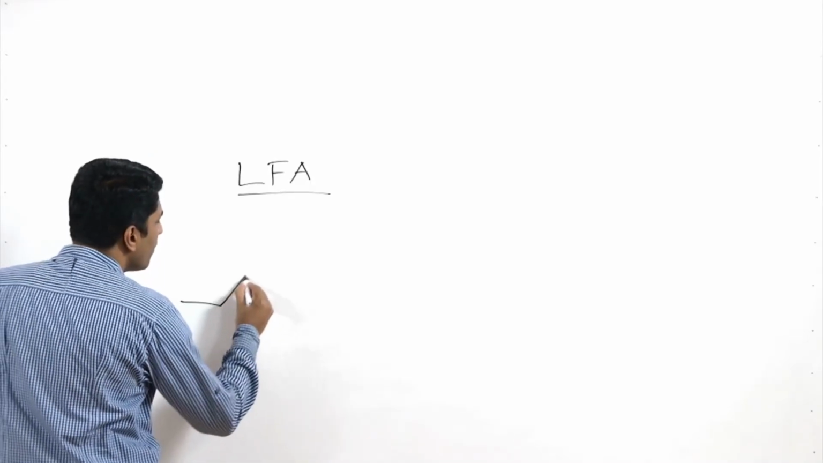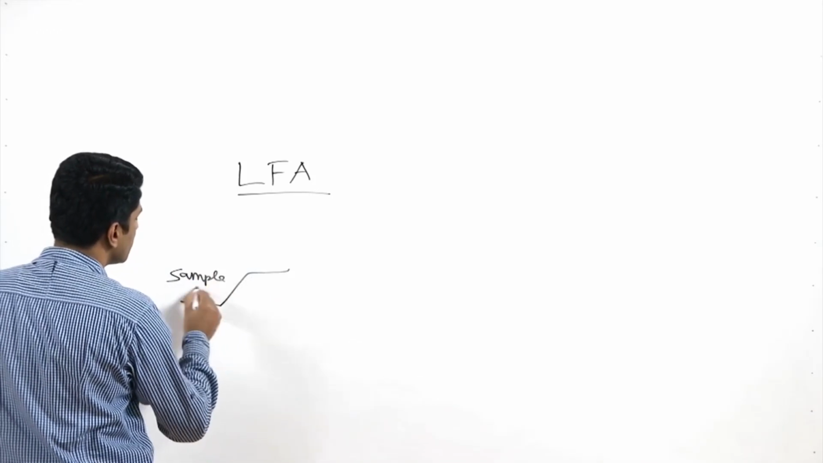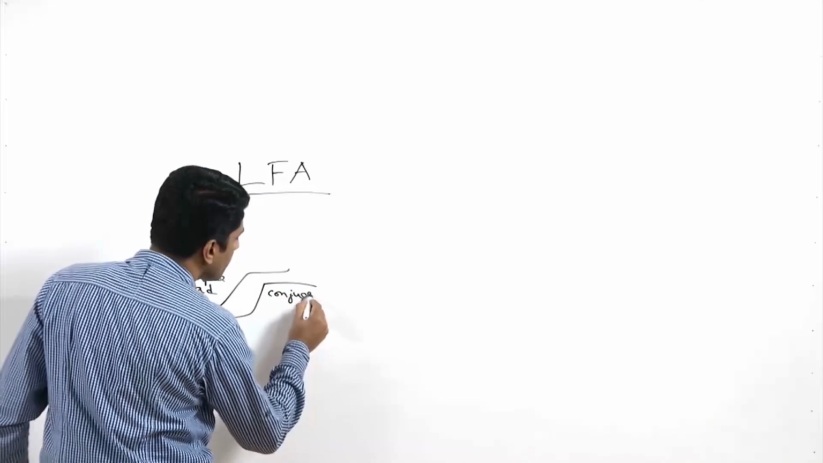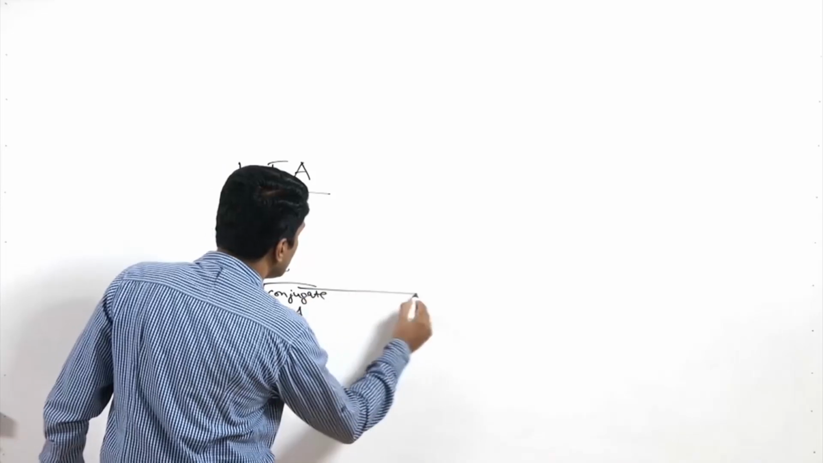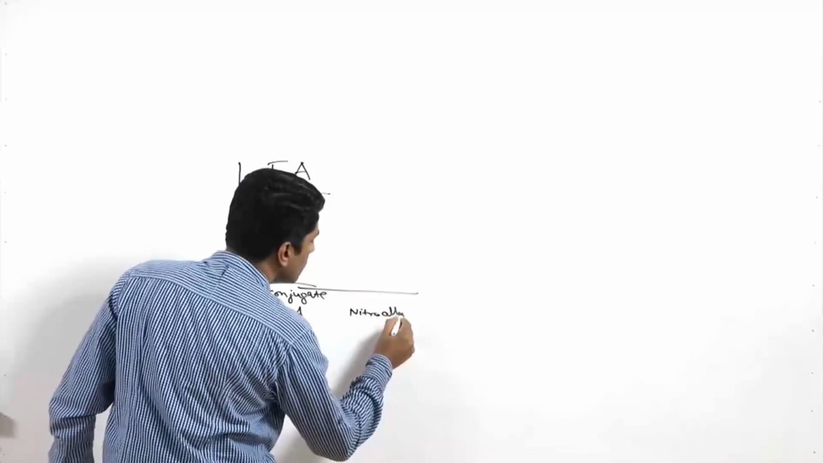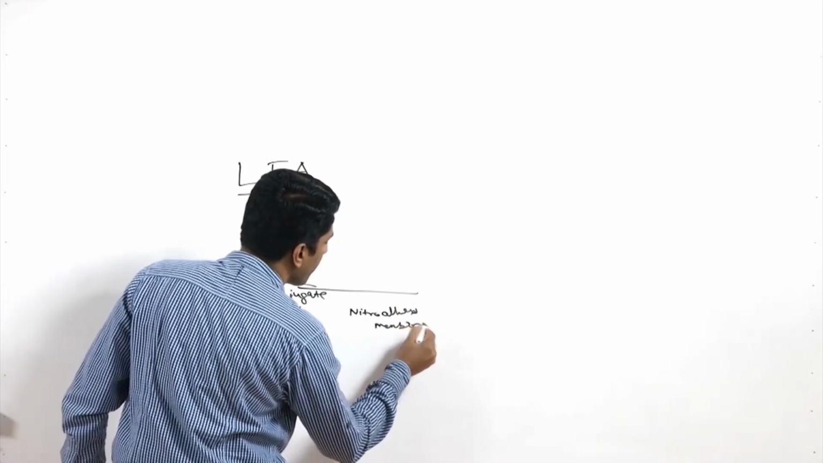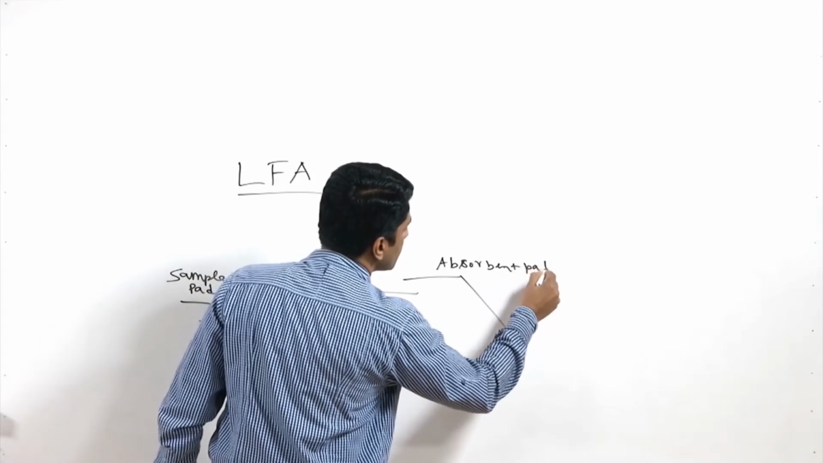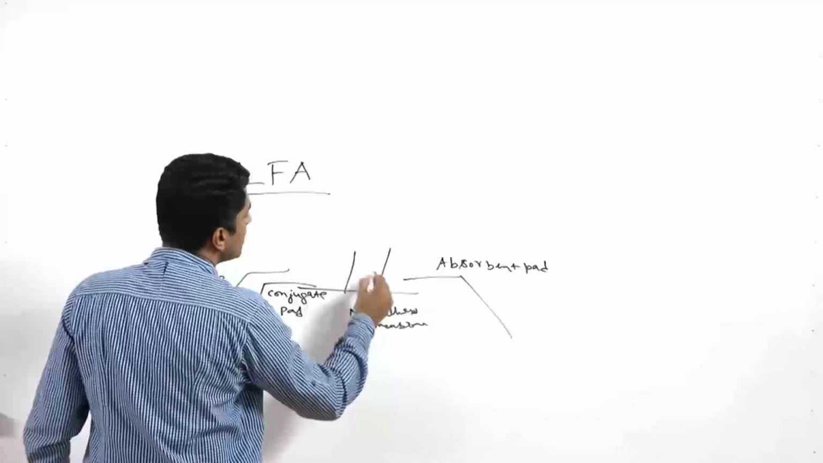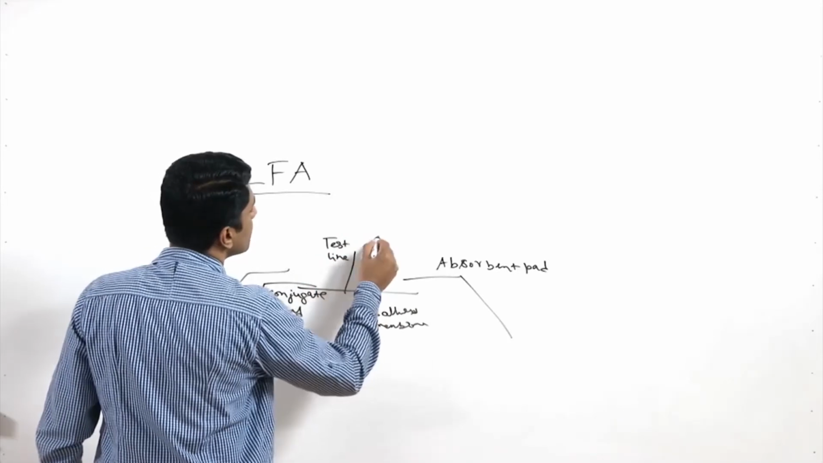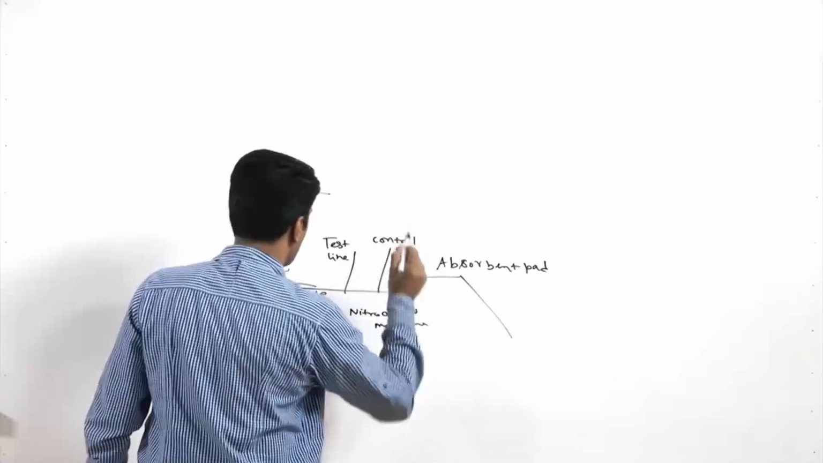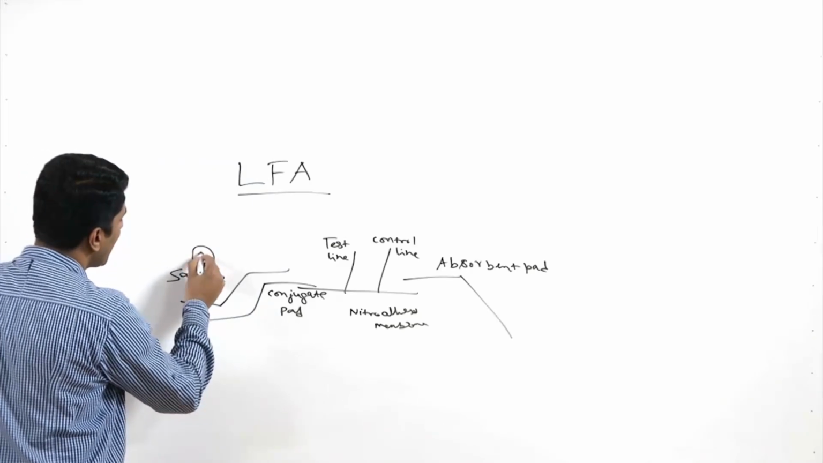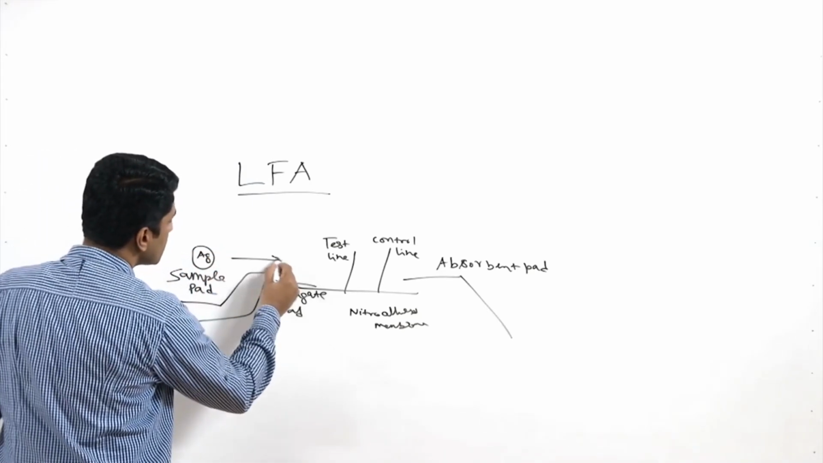Here in this lateral flow assay we will have the sample pad, and we will have the conjugate pad, and below that we will have the nitrocellulose membrane, and here we will have the absorbent pad. And in the nitrocellulose membrane we will have the test line and control line. When we add the sample here, the sample contains the antigen. This sample will move in this direction through capillary force,